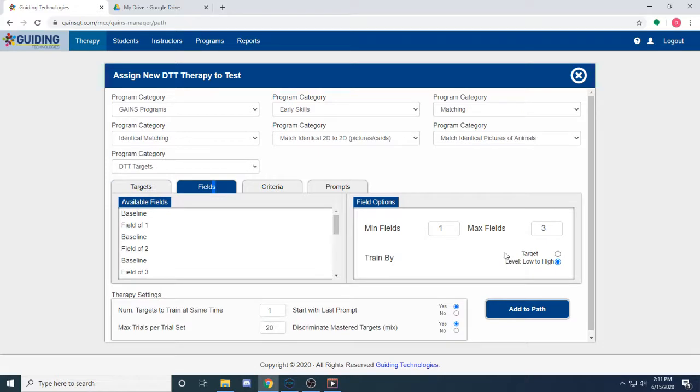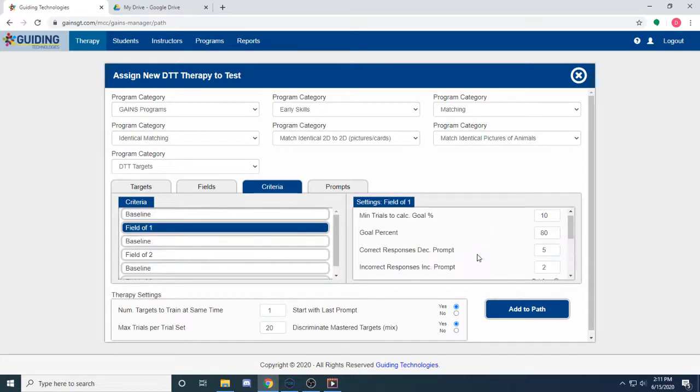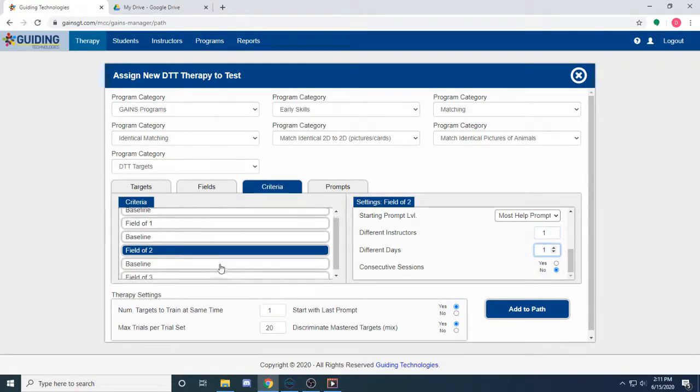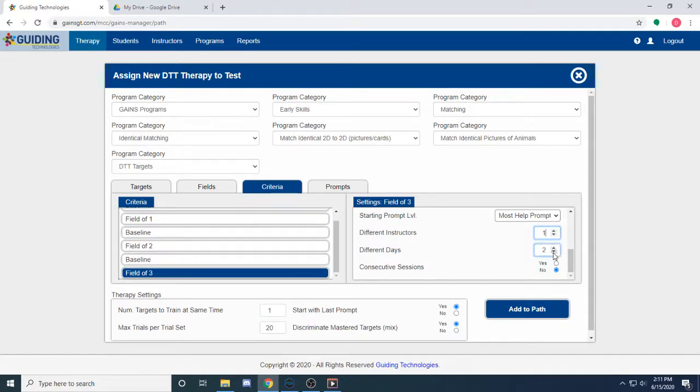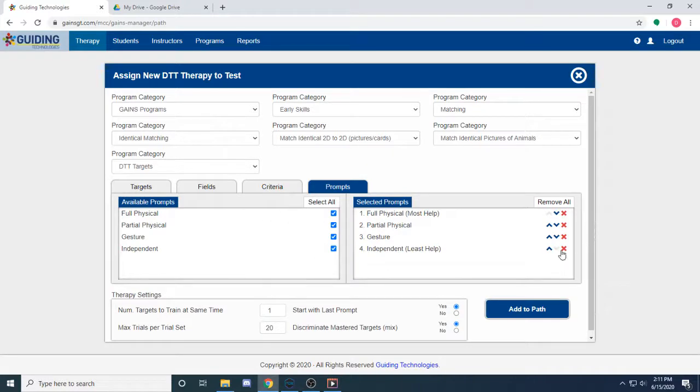Fields, I'm going to have it set from low to high, so we're going to have a baseline and then our field of 1 for each of them, baseline field of 2 for each of them, and baseline field of 3 for each of them. Criteria, I'm going to have this all set to default except for I'm going to be the only instructor and only over 1 day for each of our fields. But other than that, we're going to use the default settings. We're going to have our default prompts, and then all of this will remain the same,